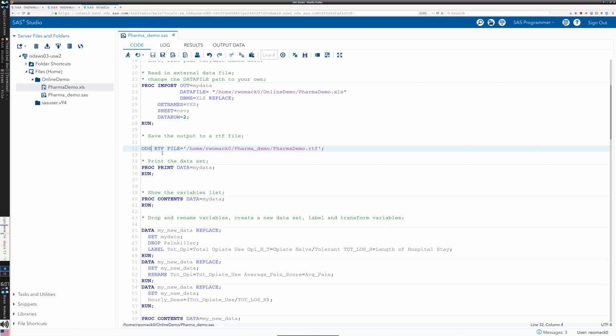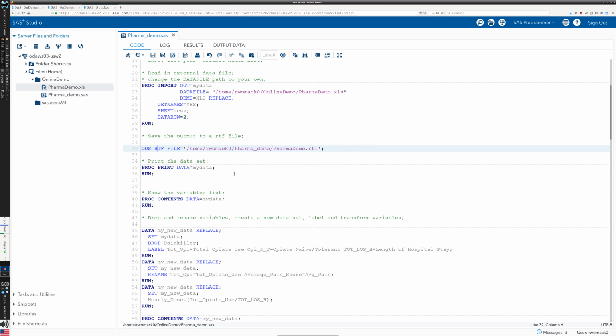Now, because SAS has been around for a long time, back to the 1970s, the output that came as a result of any SAS command was very, let me call it rough or unformatted, and basically, text dumped to the screen or dumped to a file. SAS developed something called the output delivery system so that the output would be a bit more polished. And the output delivery system can generate PDFs for you, it can generate HTML files. In this case, we're using it to generate an RTF file, which is a Microsoft Word and other word processing compatible format. To initiate this command, we say ODS and then the format, RTF,